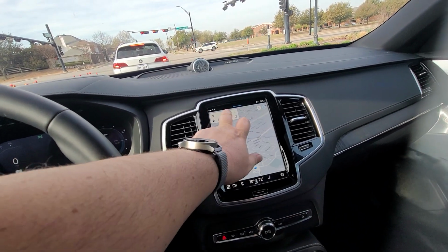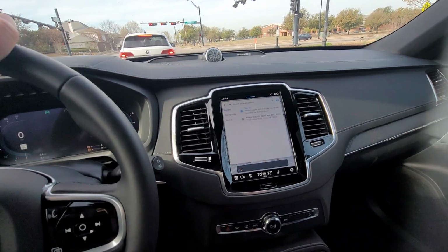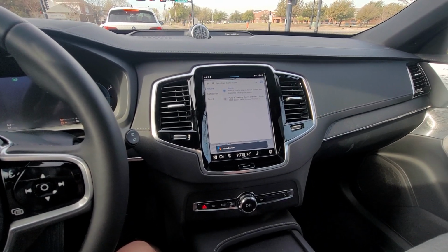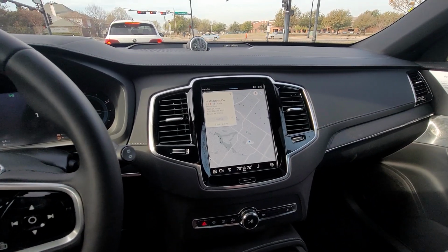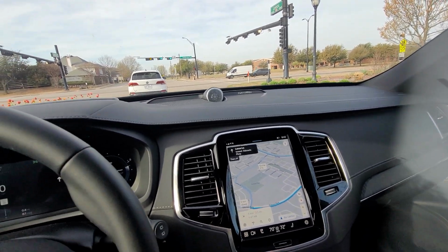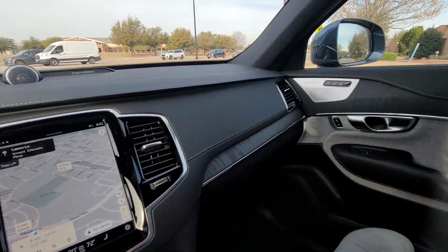I'm gonna go here, let's do donuts. I'm gonna say Hertz Donuts. Okay, I'm setting your destination to Hertz Donut Company on Main Street. Yeah, it's a real thing. Okay, I'm gonna make a right. So anyway,